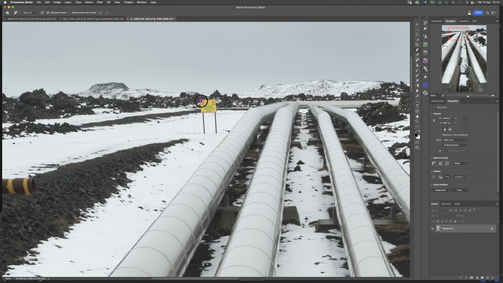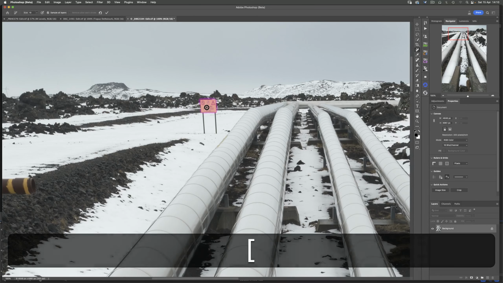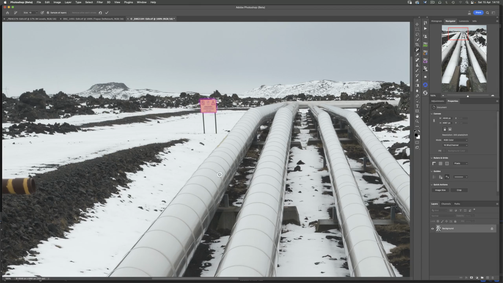So what we're going to do is paint across the sign with a fairly big brush. Okay, we've got that filled in, and then we're going to make the brush a bit smaller, and I'll pick my pen tool up for this, and we'll just paint down those legs there, well, not legs, posts, poles, whatever,